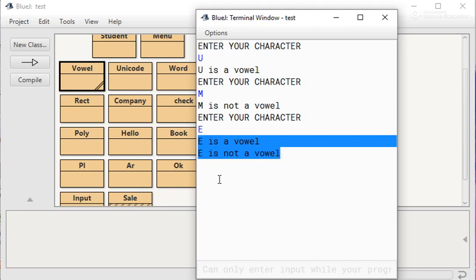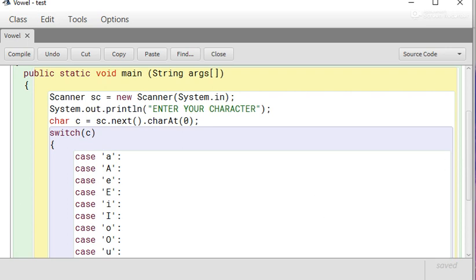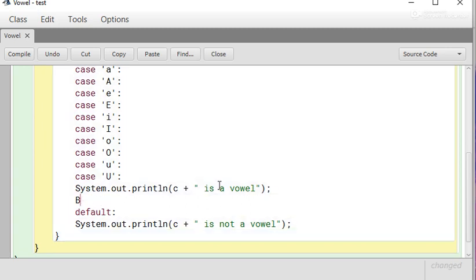Why? The reason is that after printing vowel, there is no break statement, so it comes into the default section and executes the statement also, it is not a vowel. So we need to put a break statement. After completing the work, we exit from here using the break statement.